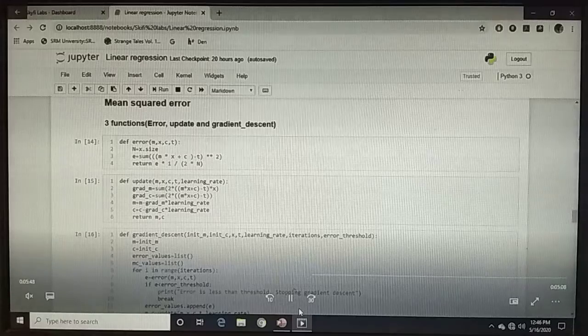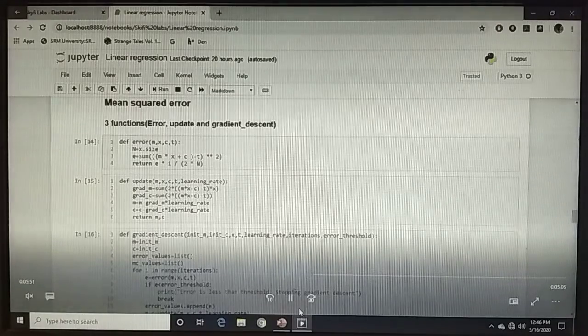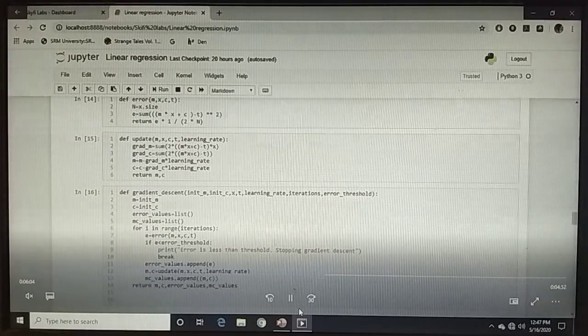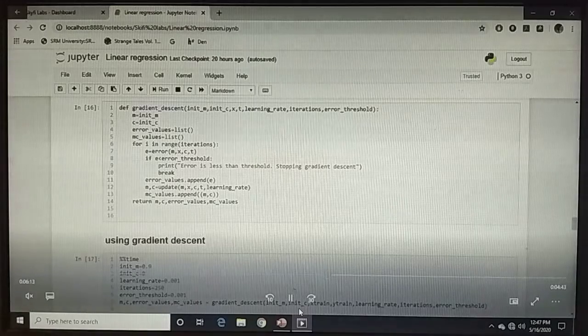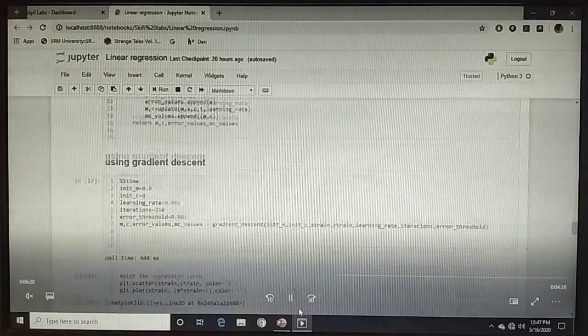Using the update function, I will define the gradient descent function, in which I can use the number of iterations, check the error every time, and update until the error is less than the threshold, then break out of the loop and return the final m and c values for the prediction.